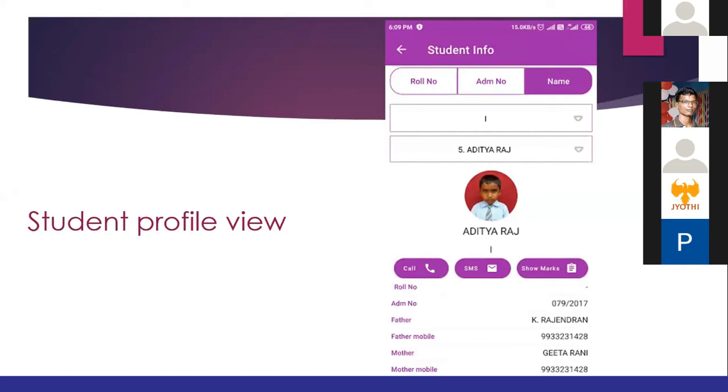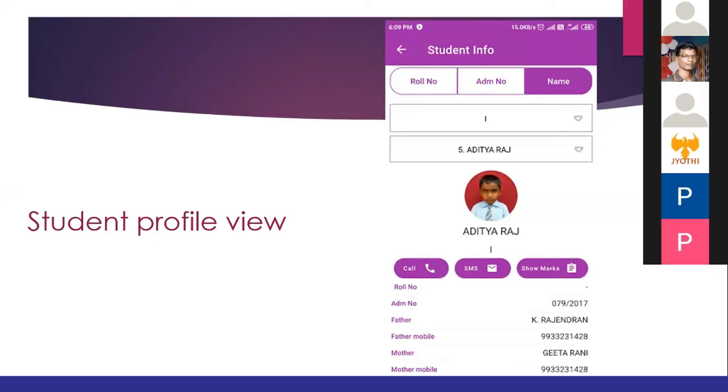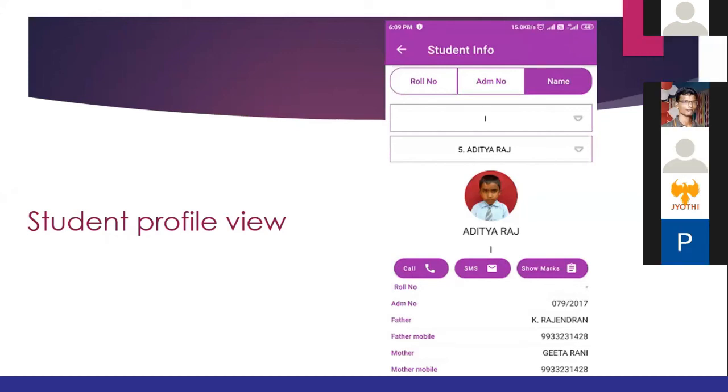That we can do through the desktop application. We can select particular 10 students and send. If it is 1 or 2 children, we can use the mobile app. Okay, thank you.